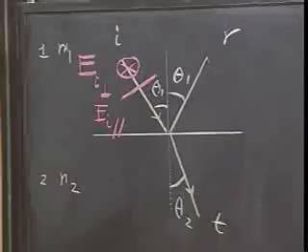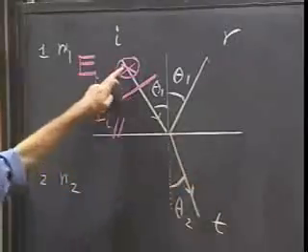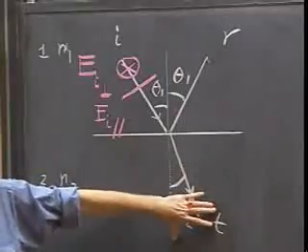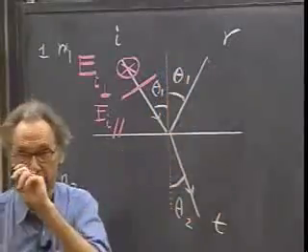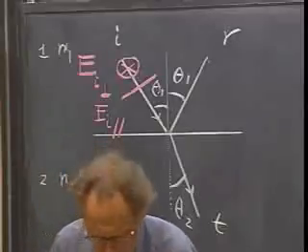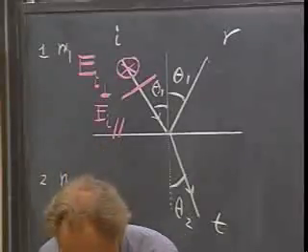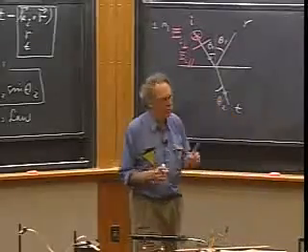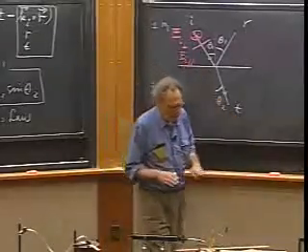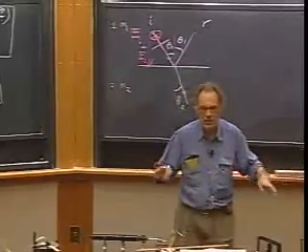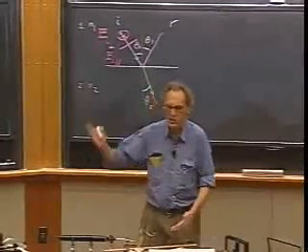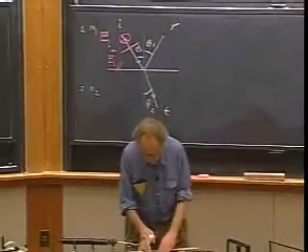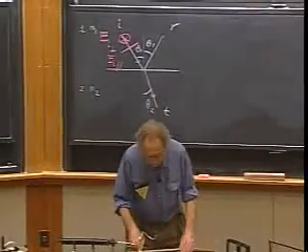Because you can always combine this component with this component, and that will tell you what the transmitted wave looks like, and you can do the same here. And so that is my next task. I'm going to do it for the perpendicular component. Once we have done it for these two components independently, we are safe for all cases, whether elliptically polarized light comes in, circularly polarized light, or linearly polarized light. We can then tackle any possibility.